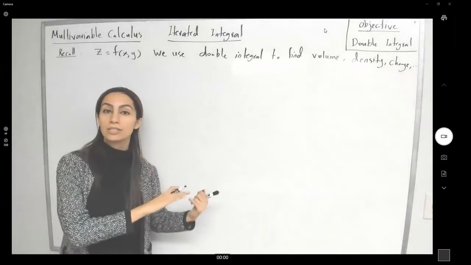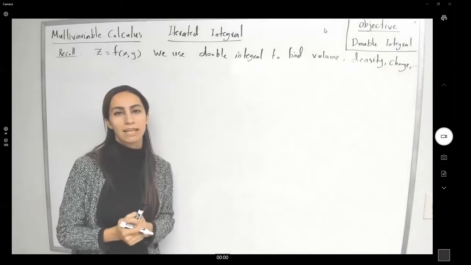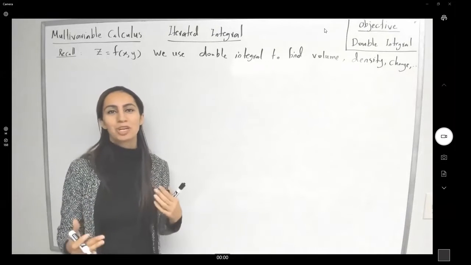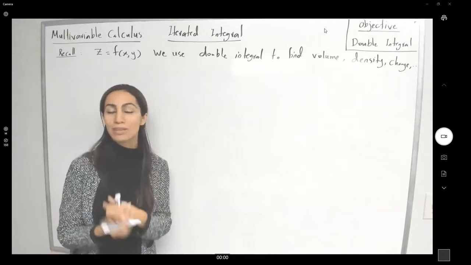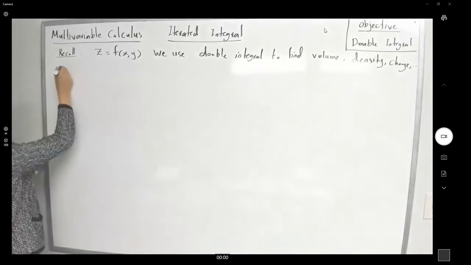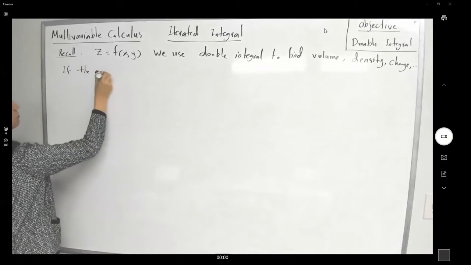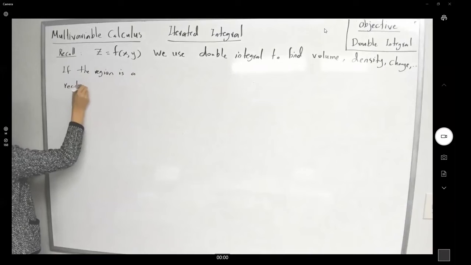Well, we said that when it comes to a double integral, if the region that we are taking the integral over is a nice region, what do we mean by that? A rectangular region, then we can just take the integral and change the order of integration. So if the region is a rectangular region,